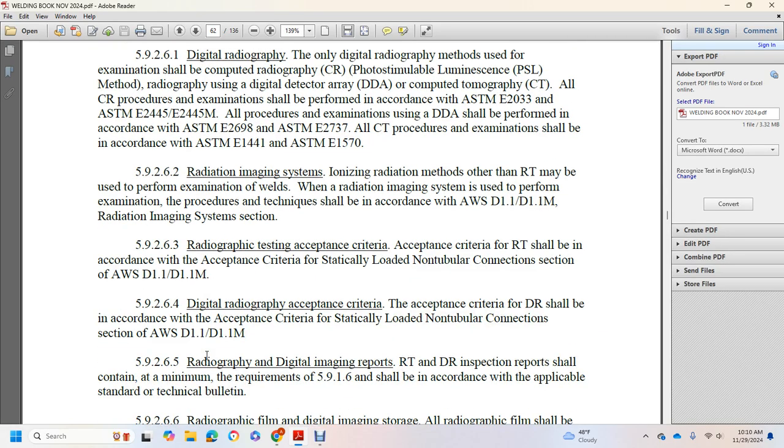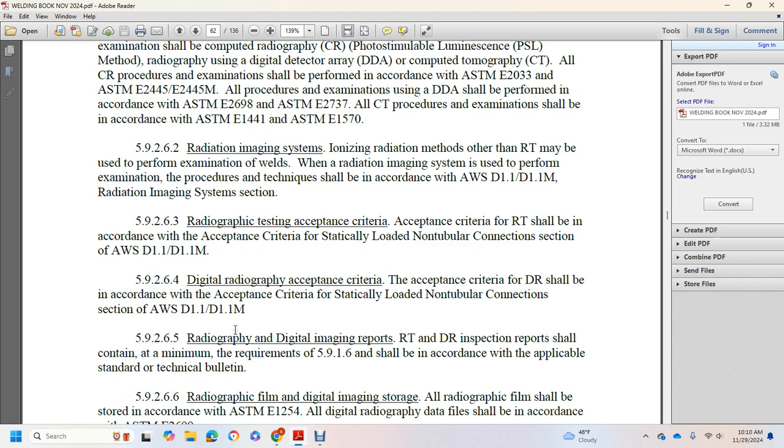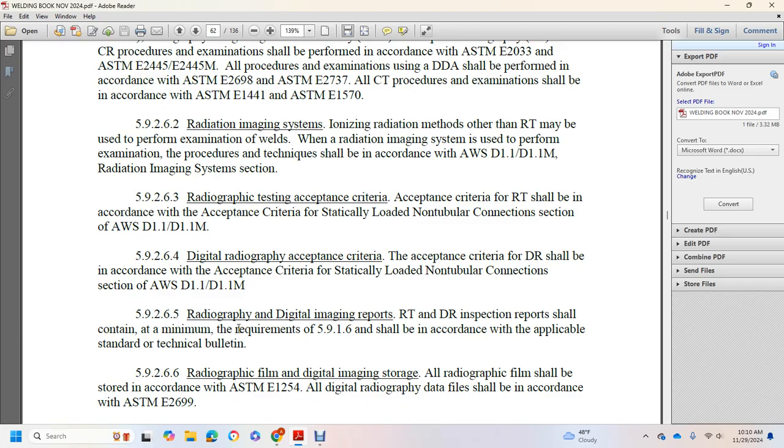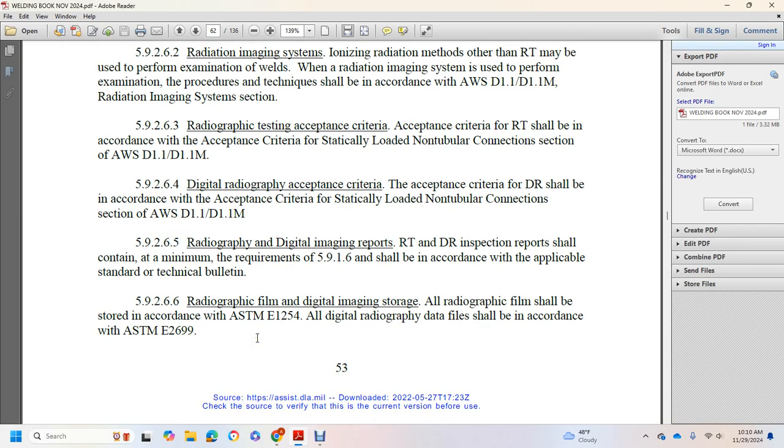Digital radiographic acceptance criteria: acceptance criteria for the digital radiography shall be in accordance with the acceptance criteria for statically loaded non-tubular connections section of AWS D1.1. Radiographic digital imaging reports: radiographic testing digital radiograph reports shall contain the minimum requirements and shall be in accordance with the applicable standard technical bulletin. Radiographic film with a digital image stored: all radiographic films shall be stored in accordance with ASTM E1254. Digital radiographic data files shall be in accordance with the ASTM